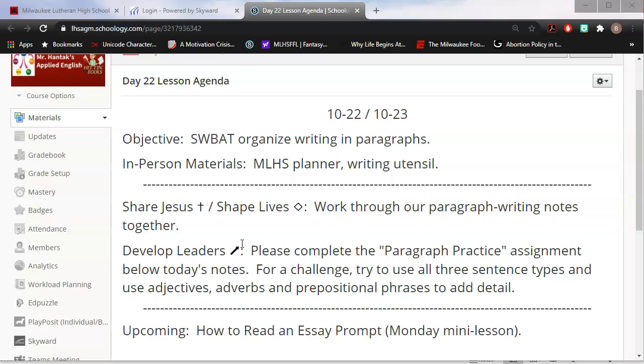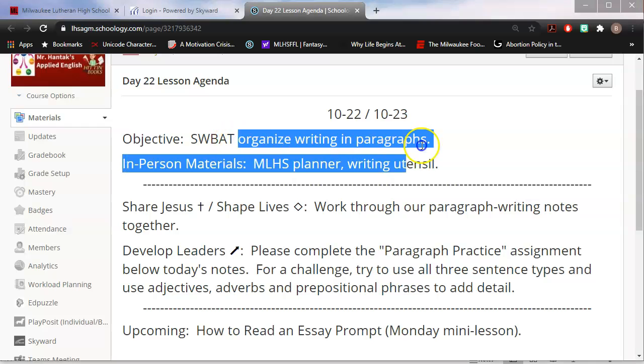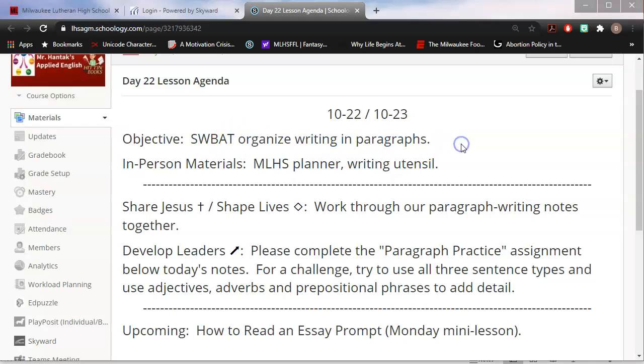Amen. So our only objective for today, and really our only video for today, is this one: organizing writing in paragraphs. So far, we've covered a lot with sentence writing, and you really know everything there is to know about how to write a sentence and add detail to a sentence. What's next is organizing sentences. It's using sentences to piece together paragraphs, well-written paragraphs, for the sake of answering a question specifically. That's what we're working through right now.